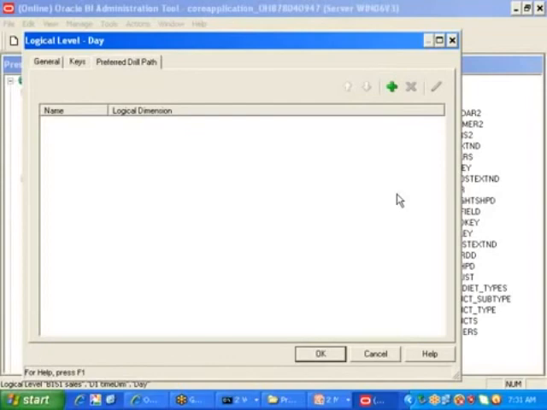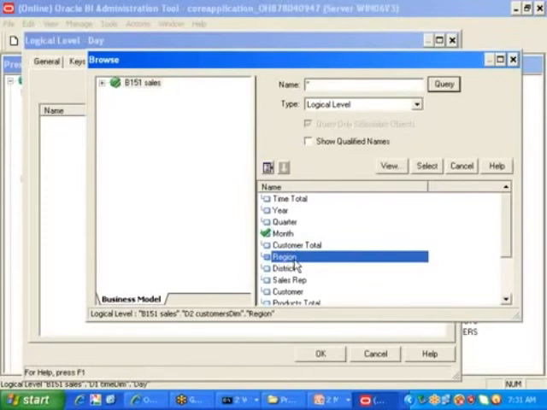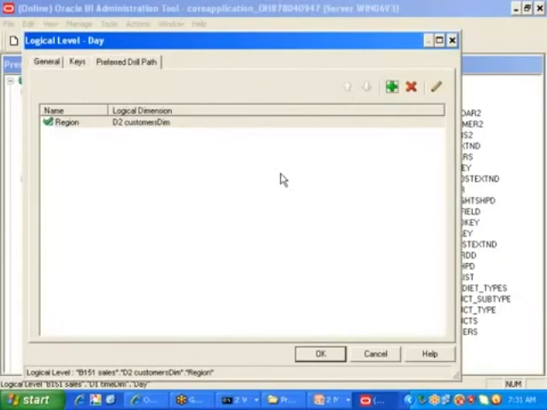Technically, configuration wise, both are one and the same. If you want to move to region level, what do you need to do? Click on this plus symbol. Instead of month that we previously selected, now we need to select region. We are using our common sense and telling this is a drill across, because we are moving from time hierarchy to customer hierarchy. But system wise, configuration wise, all it will see is what this guy's preferred drill path is. That's it. Are you clear what I'm trying to say?